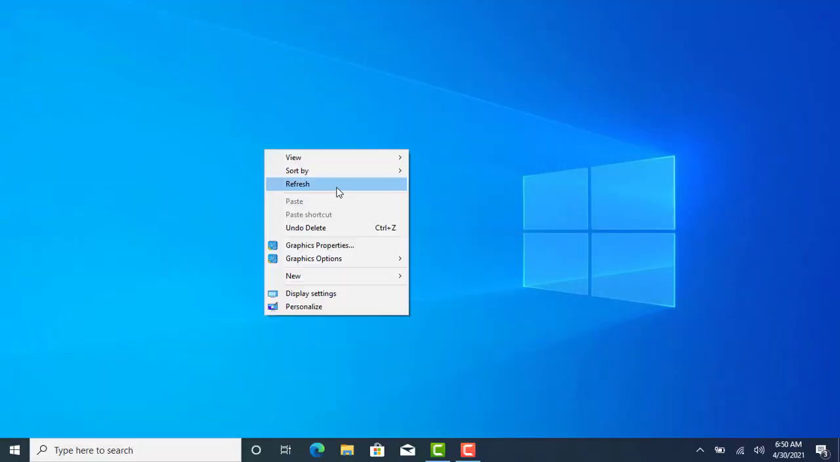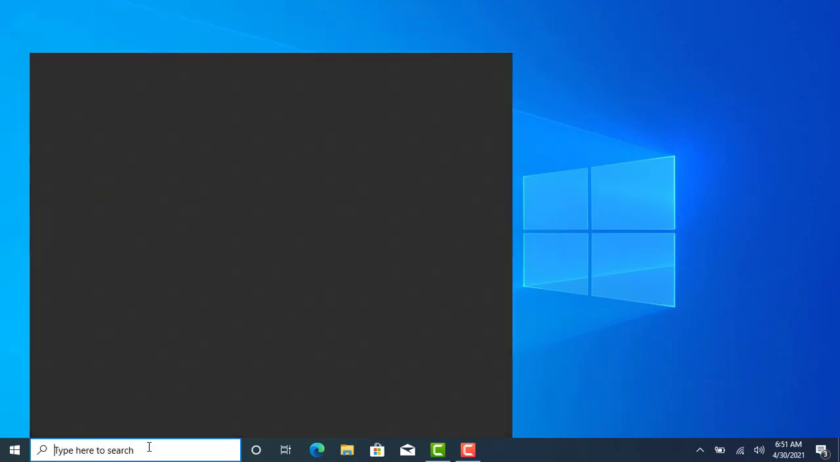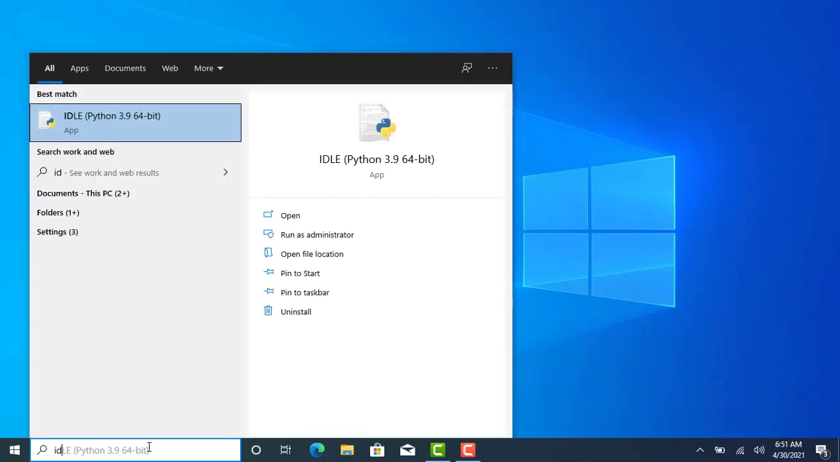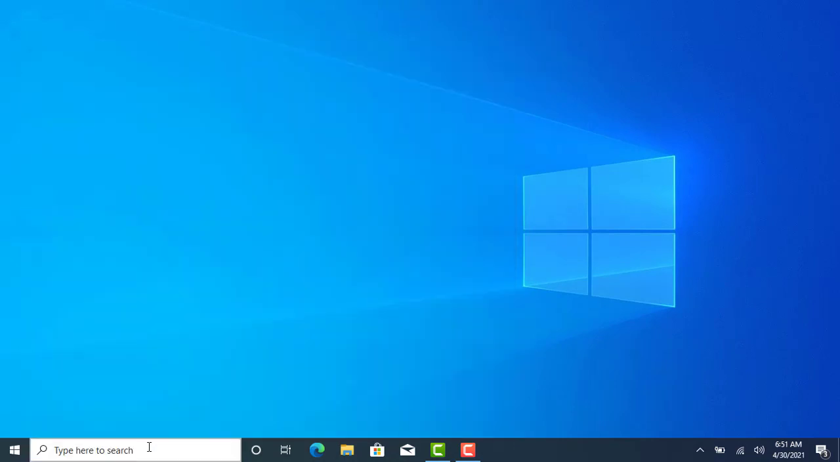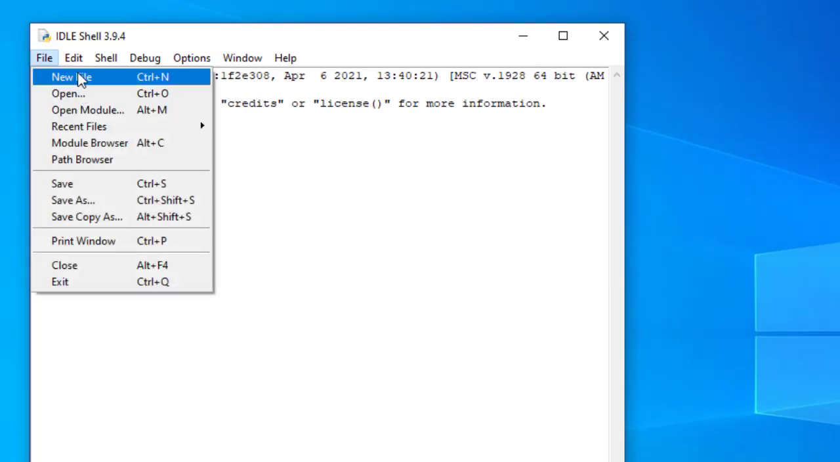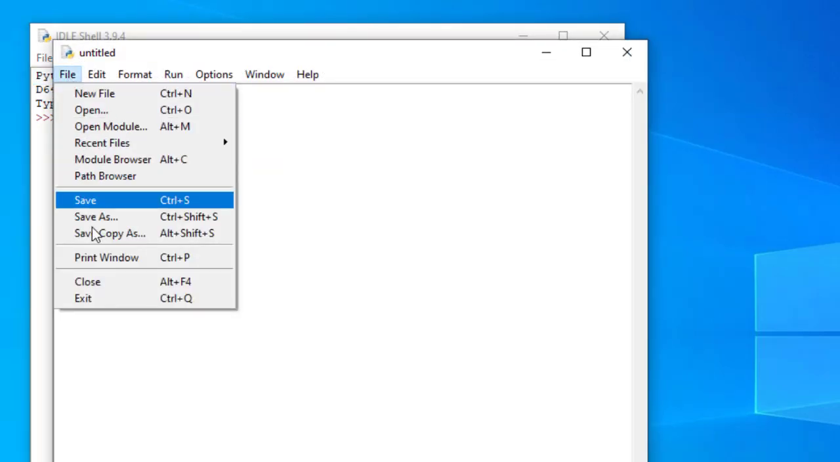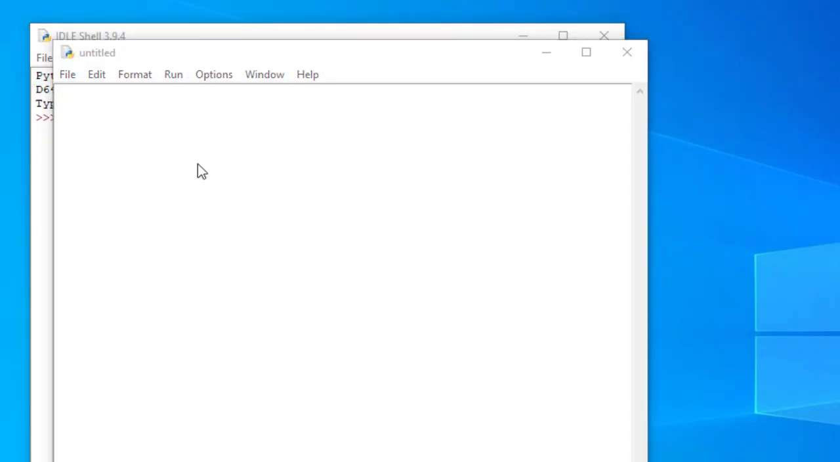Just refresh your system. Now I'm going to my search tab and type IDLE. Here we are going to make our first project, and IDLE is the PowerShell window. Here we can go to File and then New File and simply save it. I'm going to save it on my desktop